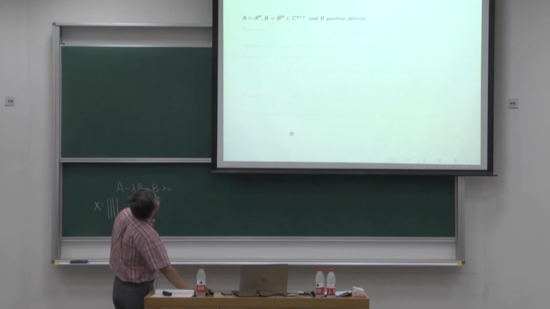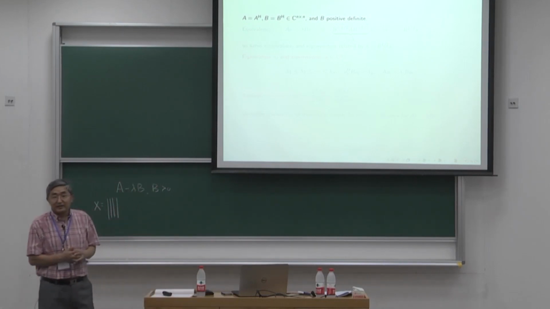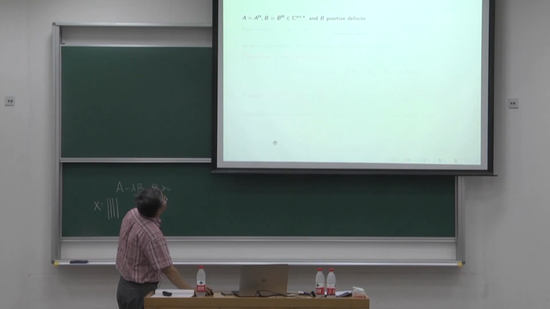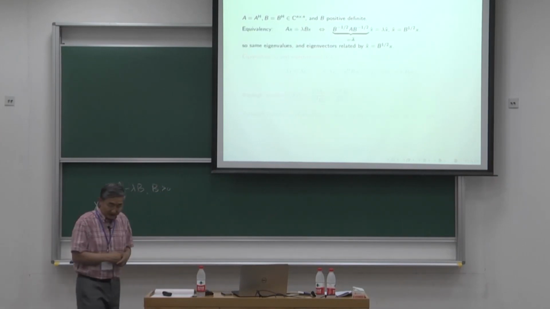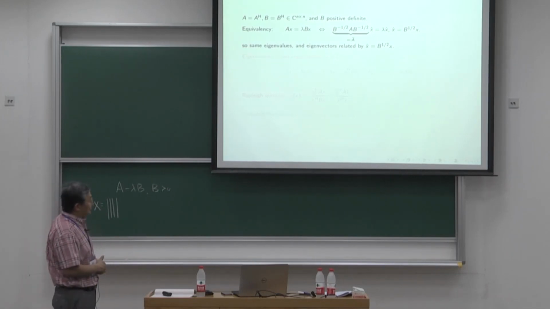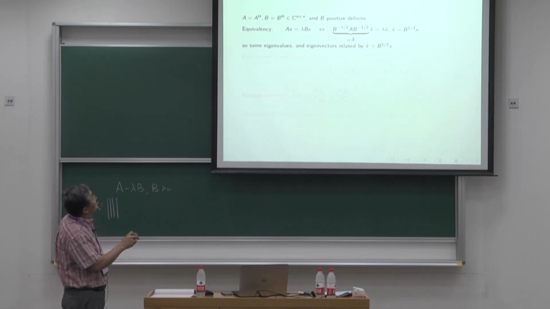Okay. Now, that's for Ax equal to lambda x, with B equal to identity. What happens if B is not equal to identity? B is a positive definite matrix. Turns out you can always do an equivalent transformation. So you have Ax equal to lambda Bx. What you can do is somehow rewrite,